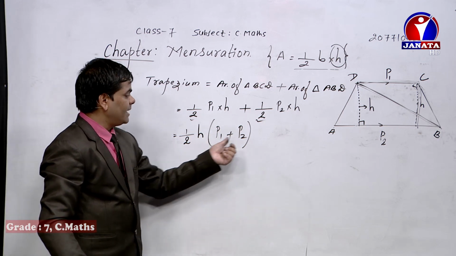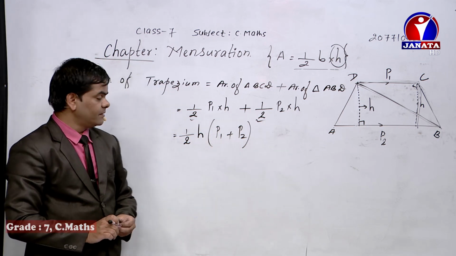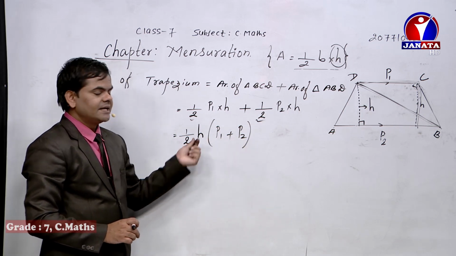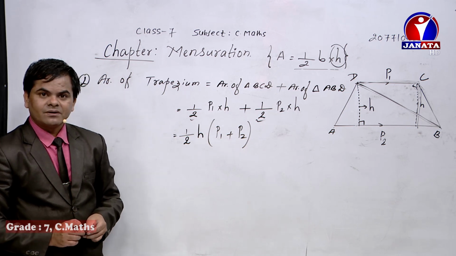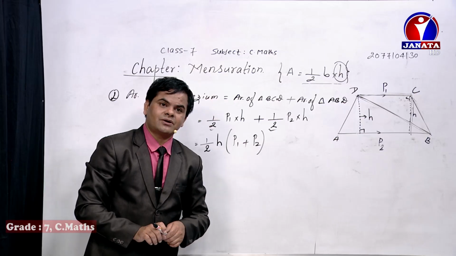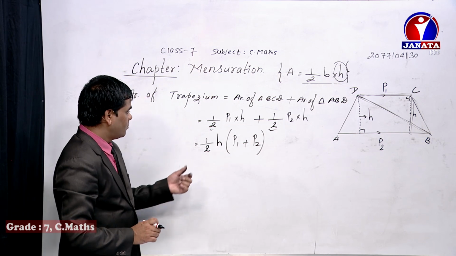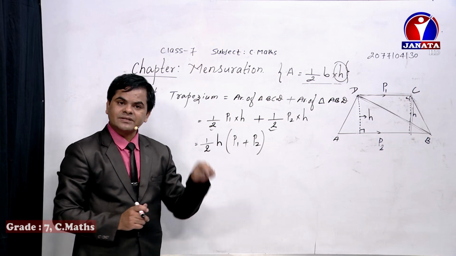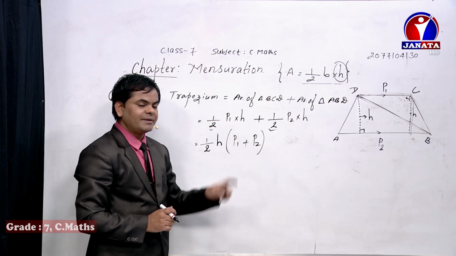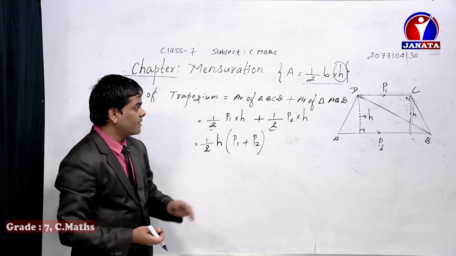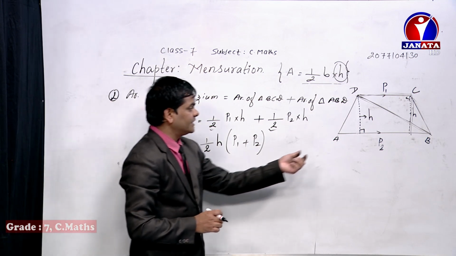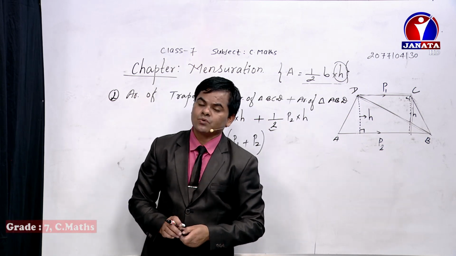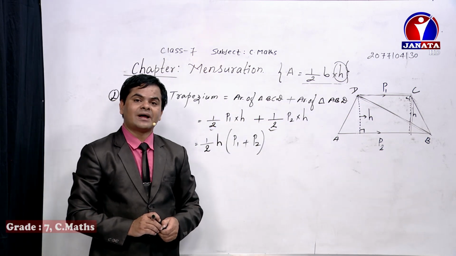What do we mean by P1 and P2? We need to understand, dear student, because if we don't know what P1, P2 and h mean, then how will you find the answer or the solution of the questions mentioned in the book as well as in the examination? h means the height of the trapezium, and P1 and P2 mean the parallel line first and parallel line second. The arrow-marked straight lines are known as parallel lines, and among them we suppose one as P1 and another one as P2.